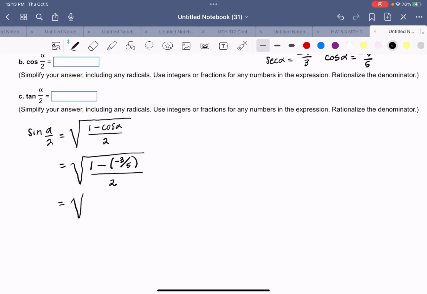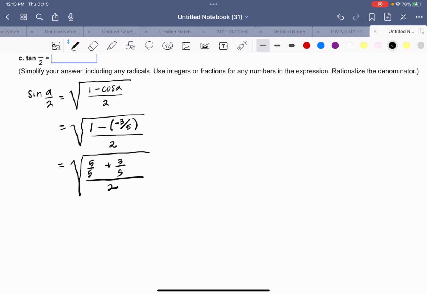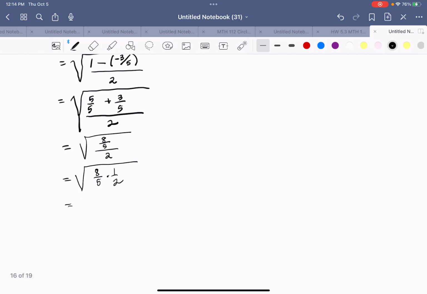So that's going to be the square root of 5 over 5 plus 3 over 5, and all of that inside the square root is over 2. So that's the square root of 8/5 all over 2. And when you divide by 2, you have to multiply times 1/2. So I've got 8/5 times 1/2. I'm going to divide my 2 into my 8 and leave a 4. So this is going to be the square root of